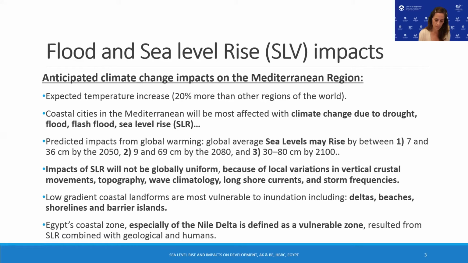As you may see, climate change will be affecting the whole region due to flash floods and sea level rise. And we have some anticipation, which I produced myself over 15 years, that sea level rise may vary between three main scenarios. The first scenario, which is the most optimistic, is between 7 and 36 centimeters high by the year 2050, and from 9 to 69 centimeters by the year 2080, and the worst situation